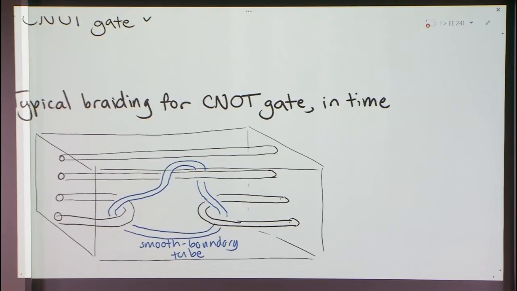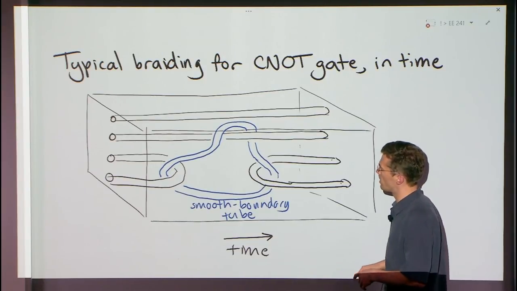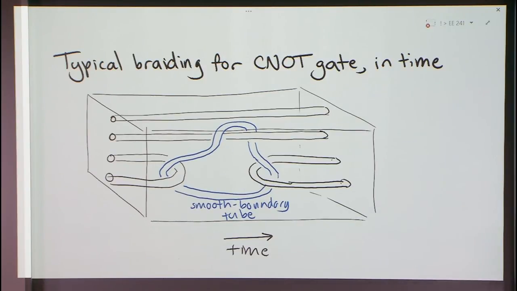And what people do in practice is they draw pictures like this. So you have 2 dimensions, which are the space of your surface, and then you have time in the 3rd dimension, and you just draw how these holes change versus time. They braid around each other, and they always have to be separated by at least the distance that you're trying to have for this code. And some of the holes are smooth, some of the holes have rough boundaries, and you can interact to apply CNOT gates by sending a smooth hole around a rough hole.